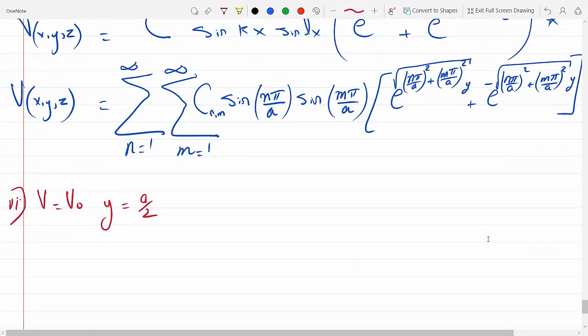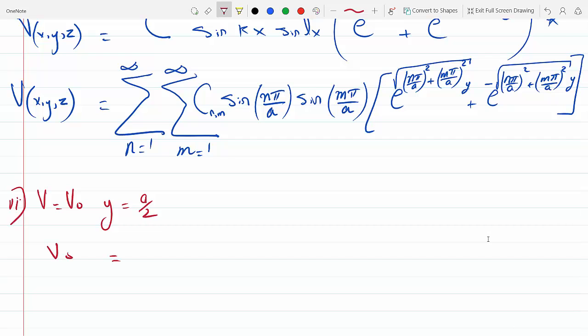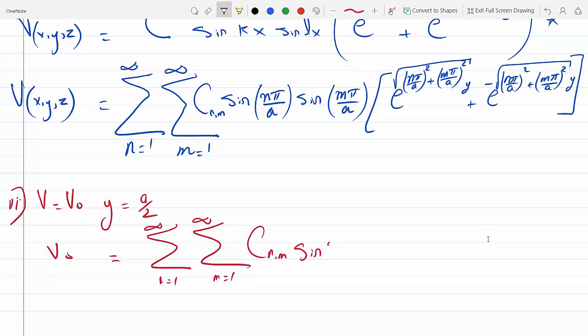So plug it in, and we will get V0 on the left equals the double summation, n equals 1 to infinity, m equals 1 to infinity, c n m sine n pi over a sine m pi over a. And now on these exponentials, plug in a over 2. So we're going to get e